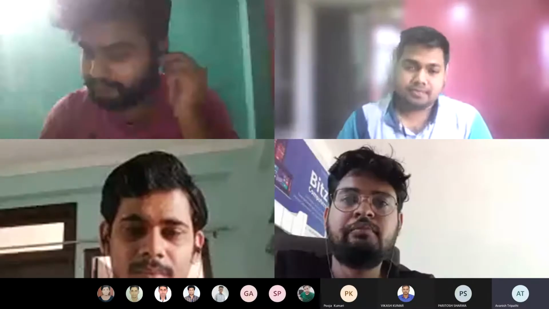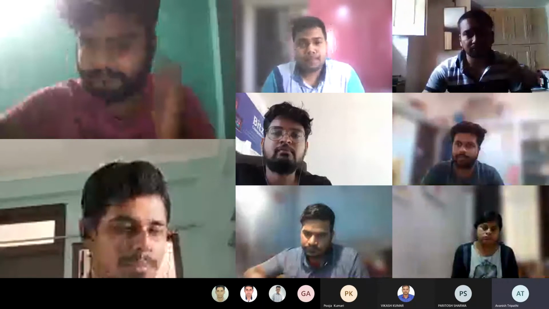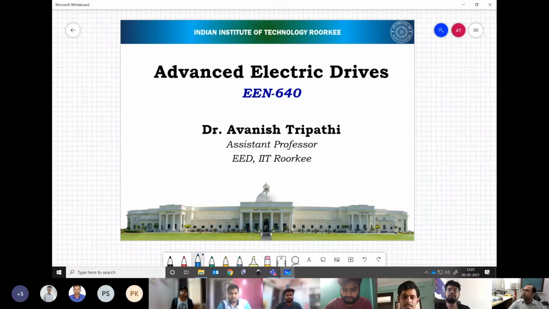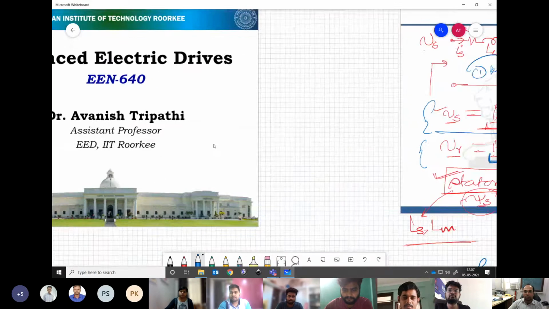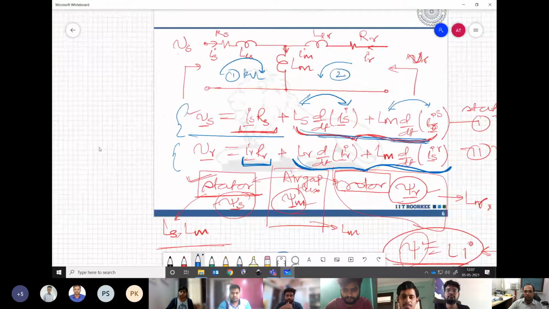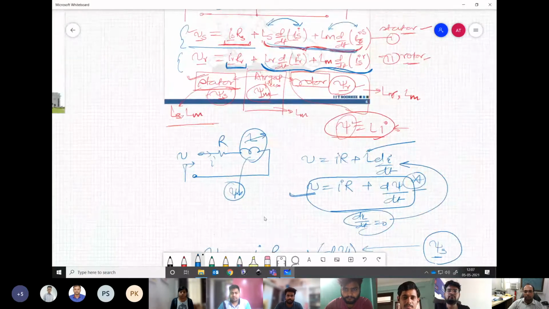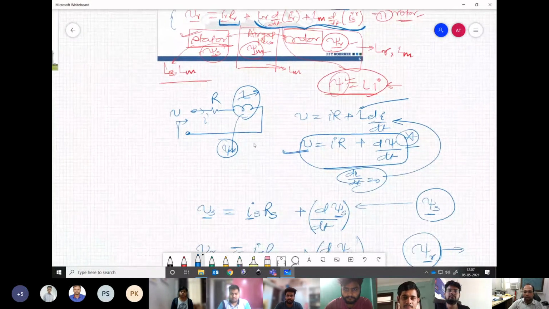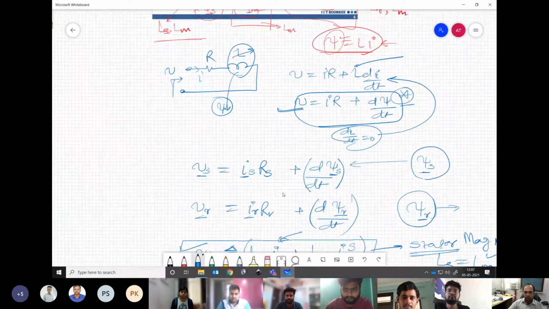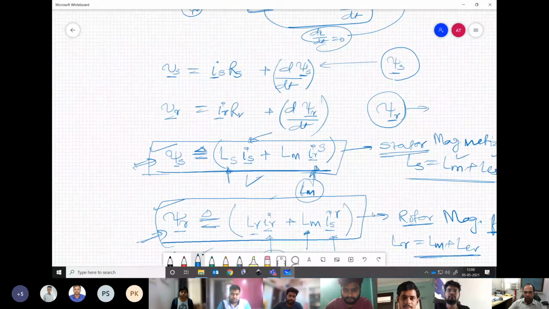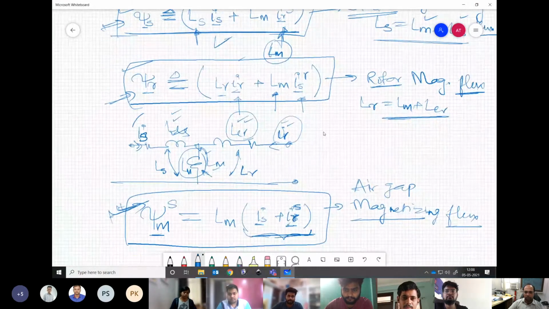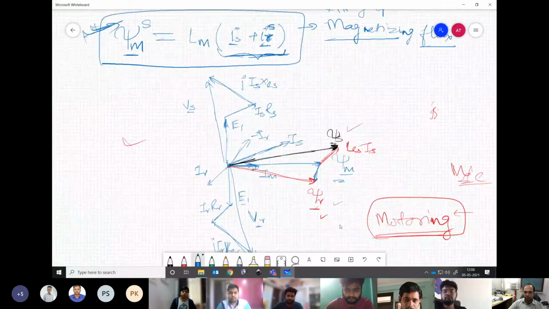Induction motor can be modeled in a rotor flux oriented reference frame. So, a quick recap of what we have done. We started with the generic per phase equivalent circuit, and we have given some definitions for the stator flux, rotor flux, and air gap flux, and then the currents associated with them. So rotor flux magnetizing current, stator flux magnetizing current.